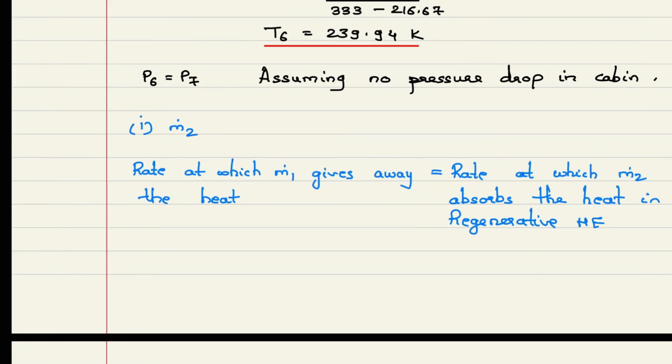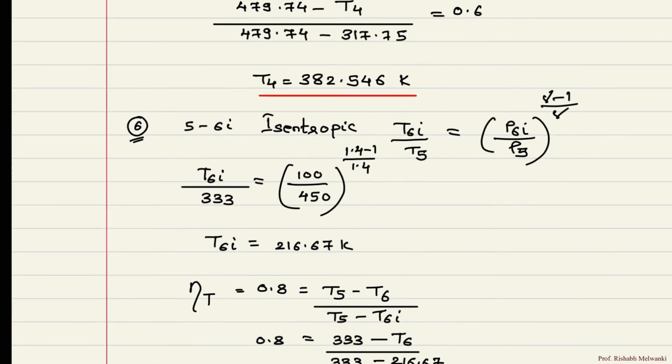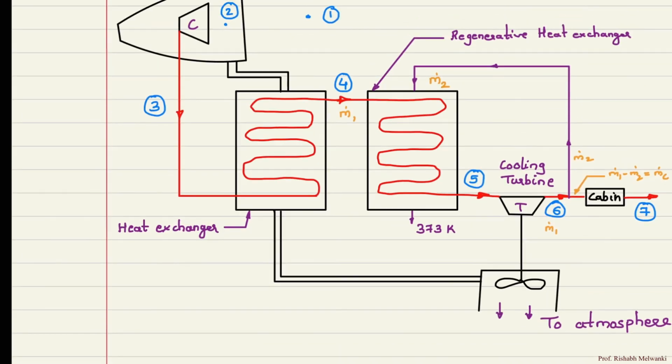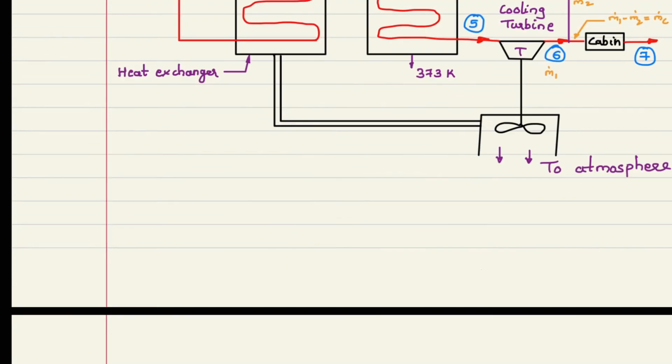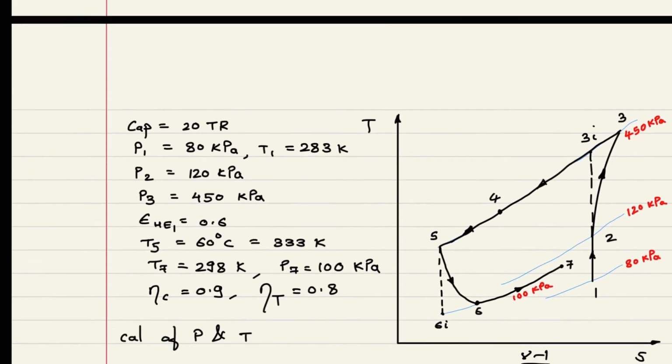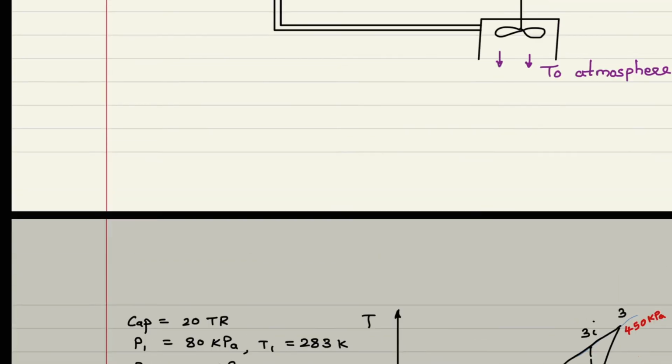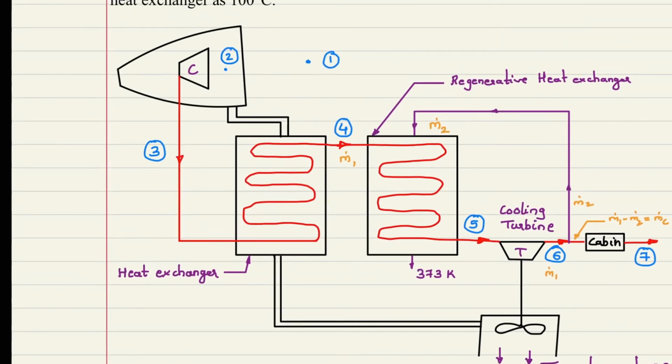So what equation can we write over here? What is the rate at which m1 gives away the heat? So m1 is at this location. Now what is the higher temperature? The higher temperature is T4 and the lower temperature is T5, which you can verify on the TS diagram. So the equation there will be m.1 Cp of air into (T4 minus T5)